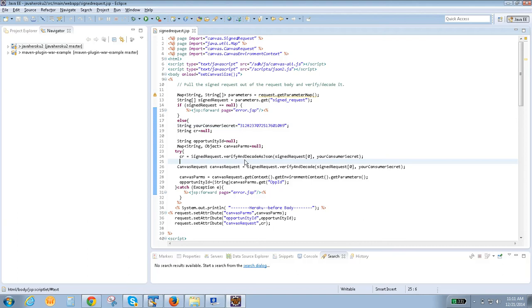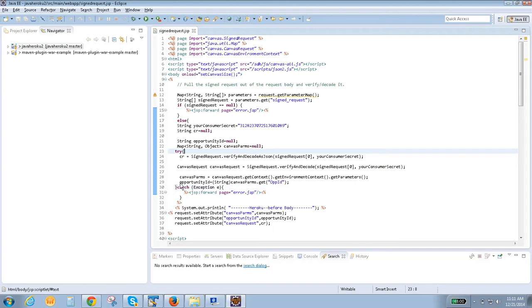The request will come in the Base64 encoded format. We have to decode it and cross check with this consumer secret so that other people can't access that particular Canvas app. Okay, you're clear, right? Yes.